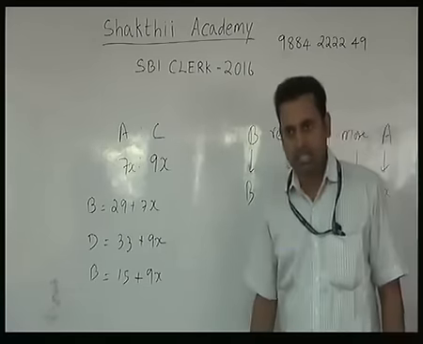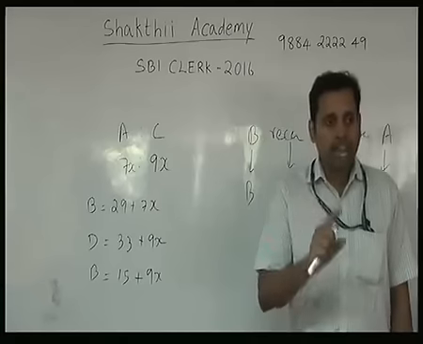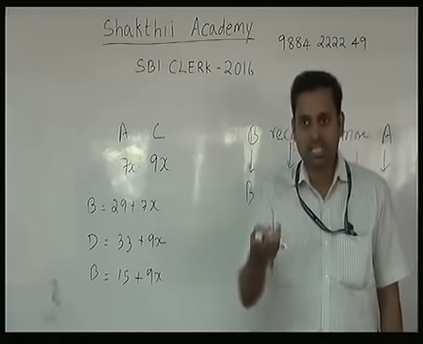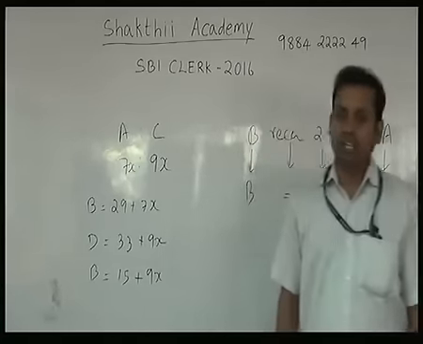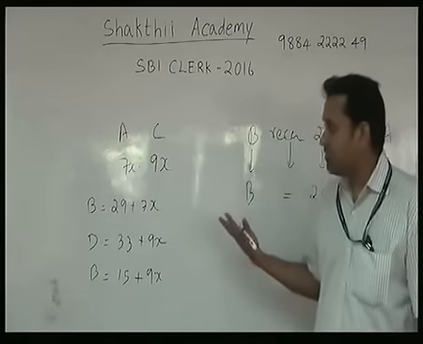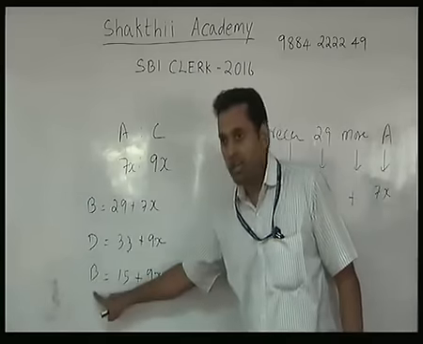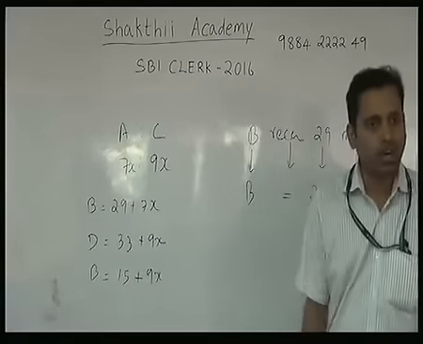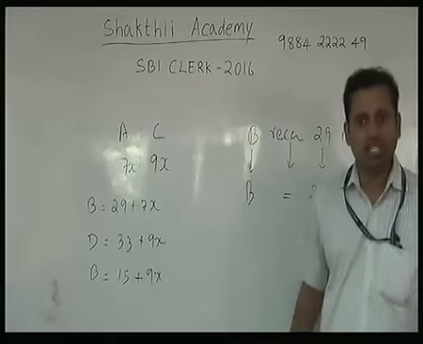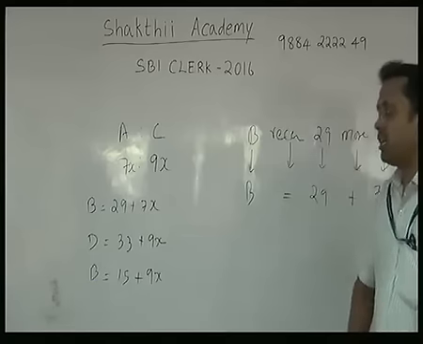Once you write all these things, you need to think: which two equations can I make equal? It is very clearly visible. B is there in both, which means both are equal. So when I solve, I will get the x value, and then I will get the answer for the question. Clear?